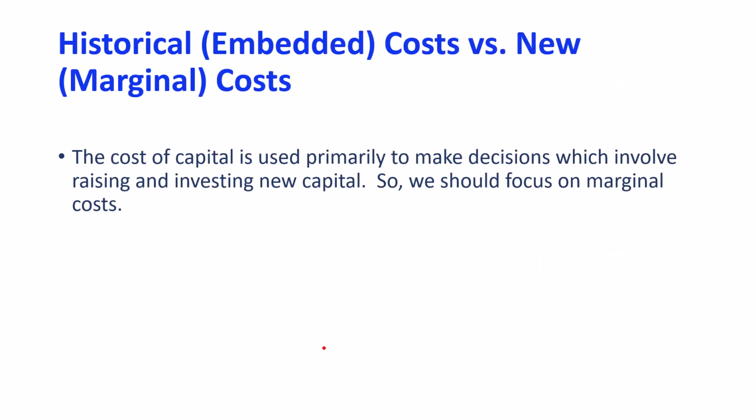Furthermore, in calculation of the cost of capital, we will focus on the new or marginal cost instead of the historical cost. So the cost of capital is primarily to make decisions which involve raising and investing new capital for future projects. So in this case, historical costs are irrelevant because they were the cost of capital in the past. What we need to find is the cost of capital today for our future investments. So that's why we will focus on the new or marginal cost of sources of capital as we do our